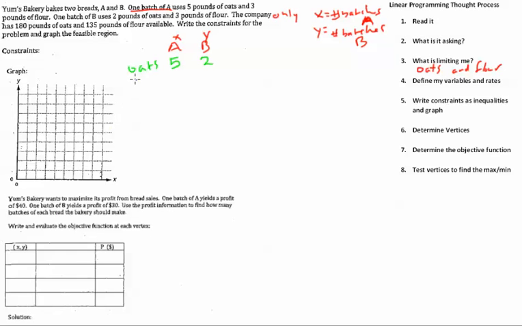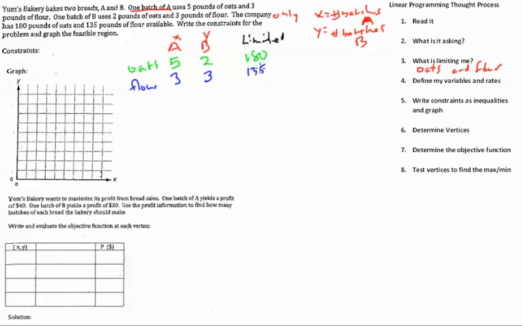I've got another element I need to worry about, my flour. I need 3 pounds of flour per batch of bread A, and I also need 3 pounds of flour per batch of bread B. And now I need to relate these items to what I have available, to my limiting factors. I'm limited to 180 pounds of oats, and I'm limited to